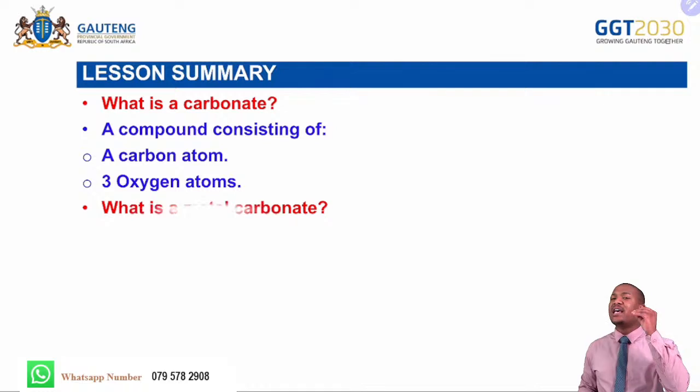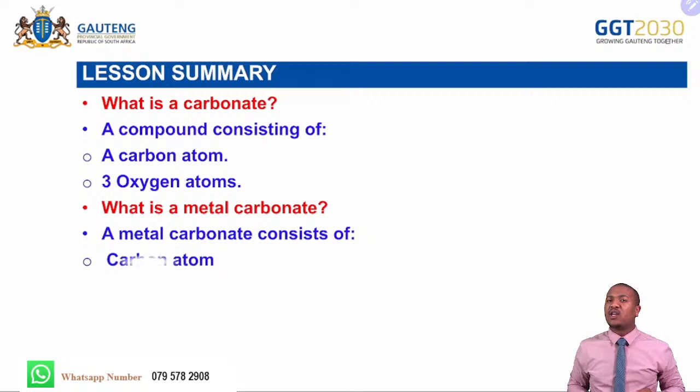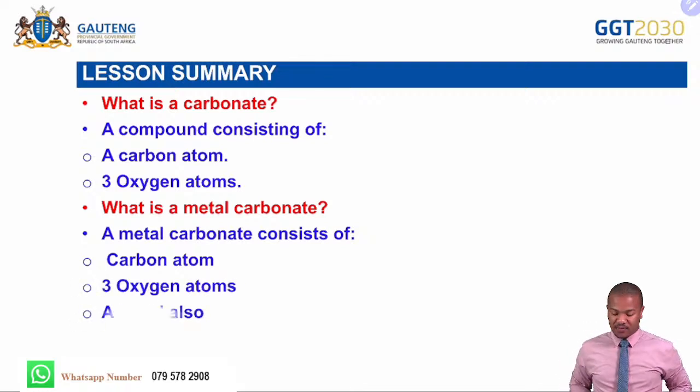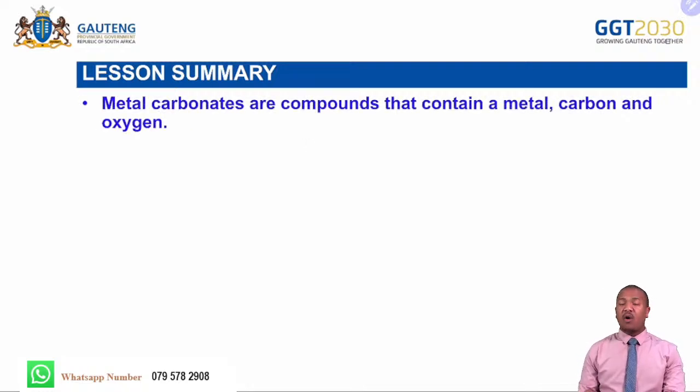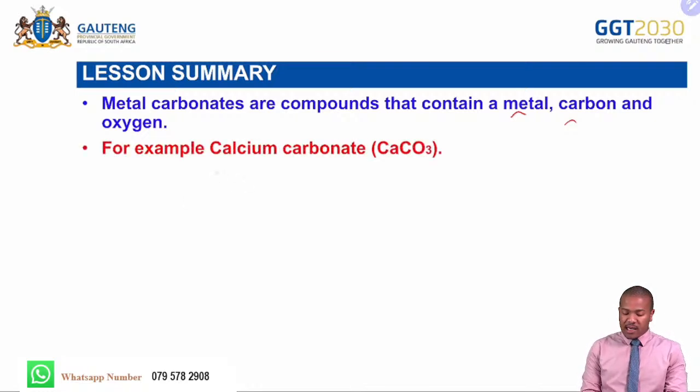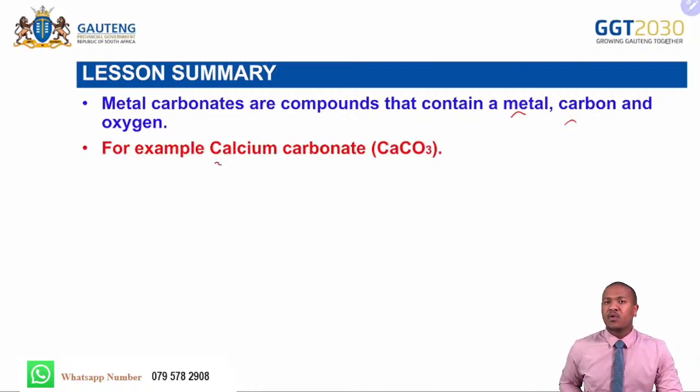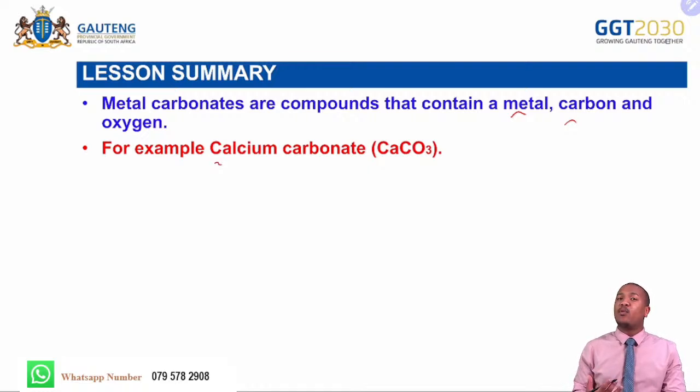And we said, what is a metal carbonate? We said a metal carbonate is a compound that consists of one carbon atom, 3 oxygen atoms, and a metal as well, right? So now, we also said that the metal carbonates are compounds that contain a metal, carbon, and oxygen, right? And the example is calcium carbonate. We took calcium because calcium is an example of a metal, right? So as an example of a metal carbonate, we have calcium carbonate, that is symbolized as